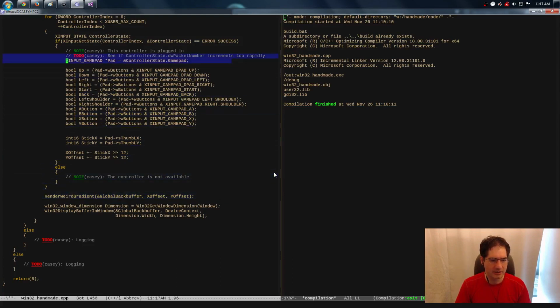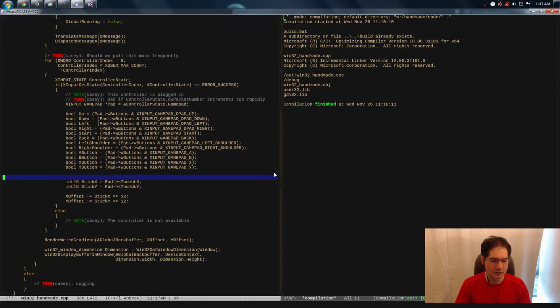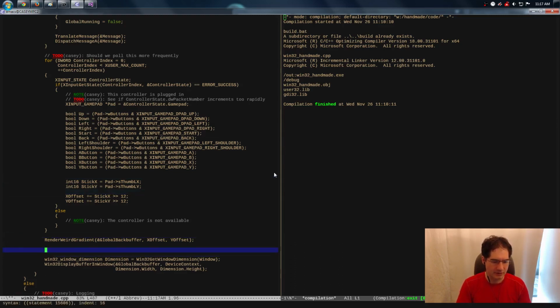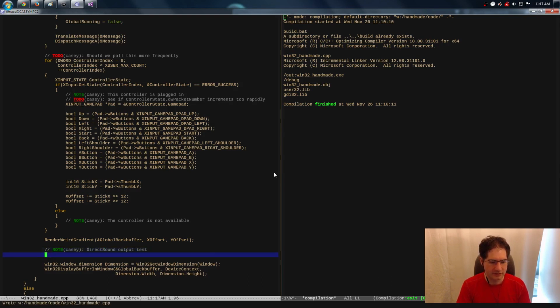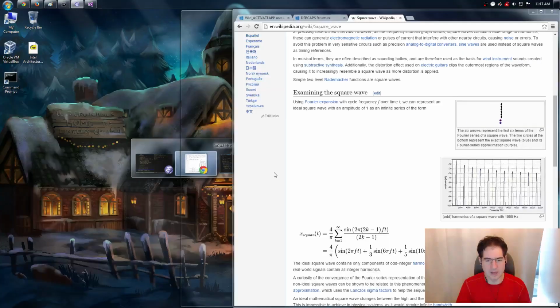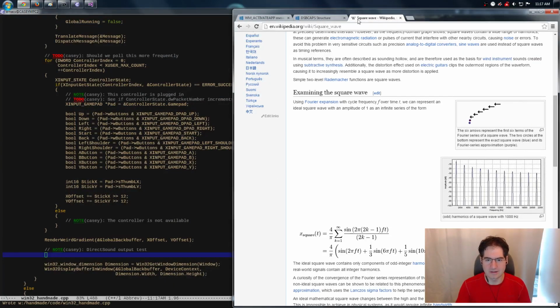So basically we're in our loop here, right? One of the things we do in our loop is we get the input. Then another thing we do is we render that weird gradient. So right here after the gradient, I am going to go ahead and try to lock that buffer. So I am going to go ahead and do a DirectSound output test right here just to see if we have anything working. Now, in order to do that, basically what we need to do is we need to lock that